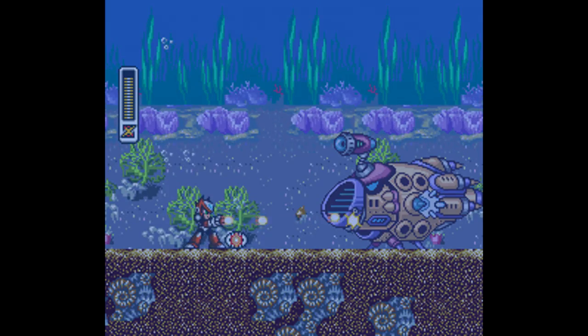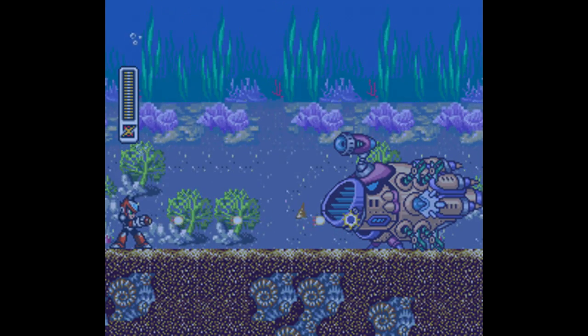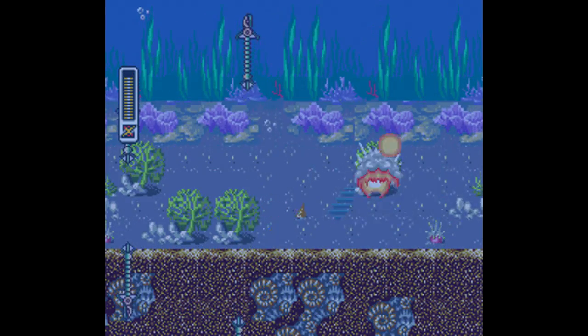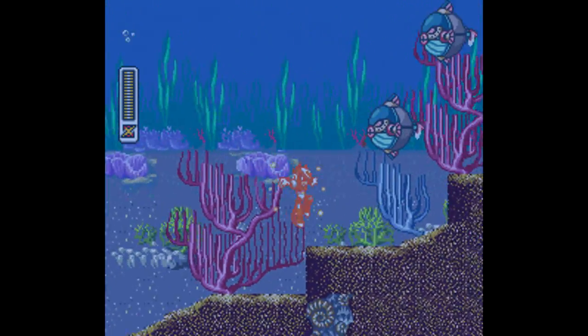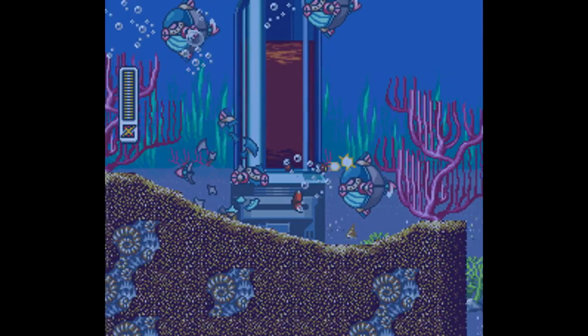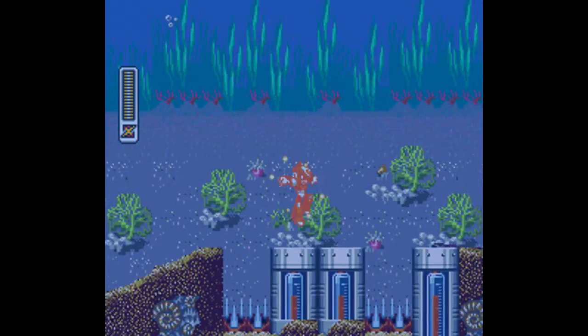We have to deal with two of these tank-like sub-enemies here, where we have to just blast our way through them. They will try to pull us towards them, as well as fire out these weird fish-like hooks that go out in different directions and converge. They come out in two different patterns. One is very easy to dodge, the other pattern usually ends up hitting me, but just keep firing those shots